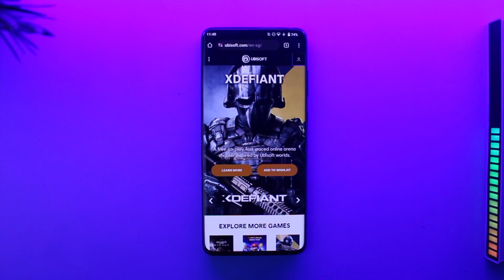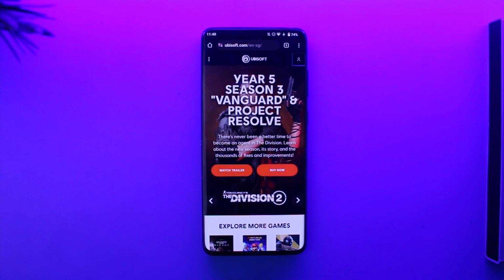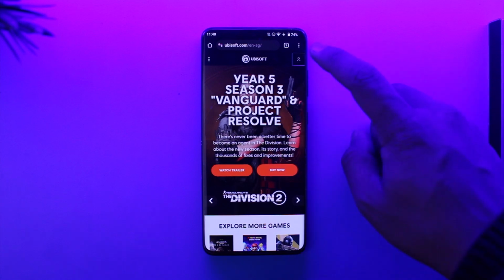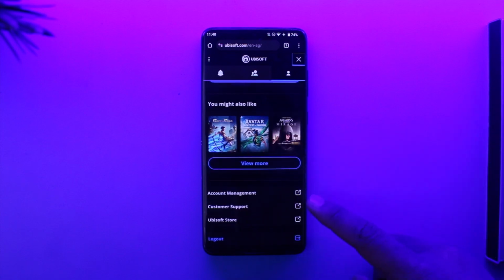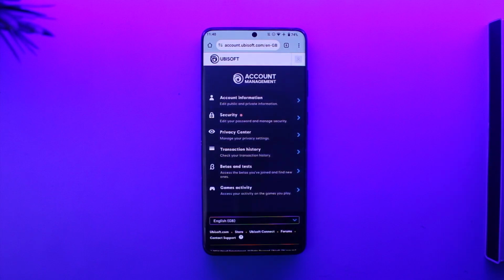So if you would like to change your email on Ubisoft, all you have to do is go to ubisoft.com and then you're going to see this type of interface. Tap the profile icon from the top right, log into your account and scroll down and select the option called account management here. Once you go to account management, you're going to be taken to this page, which is account.ubisoft.com,